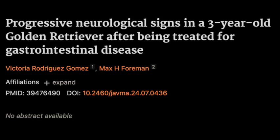Today, we're diving into a case from JAVMA about a golden retriever that developed neurological signs after being treated for what seemed like pretty routine GI problems. Yeah, this case is a really great example of just how crucial electrolyte balance can be, especially in a neurological context. So this 3-year-old golden retriever initially presented with vomiting, diarrhea, decreased appetite, the classic signs of